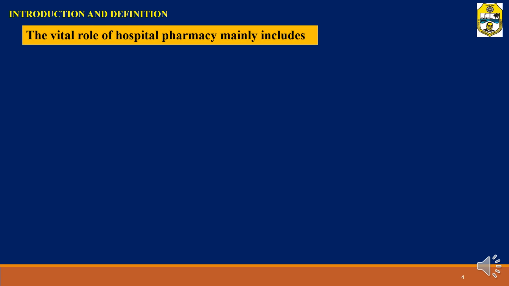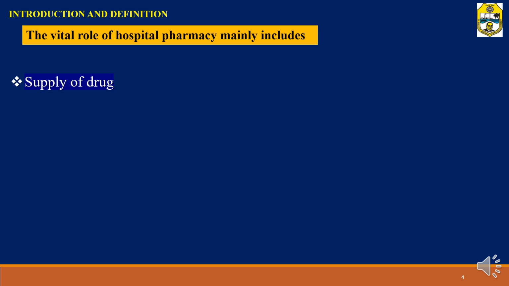The next thing we need to discuss in introduction and definition is the vital roles of a hospital pharmacy, or we can say the vital functions of hospital pharmacy. There are n number of functions performed by the hospital pharmacy. The first one is the supply of medicine, which we also call the dispensing of medicine. It is the responsibility of a hospital pharmacy to provide an uninterrupted supply of medication to